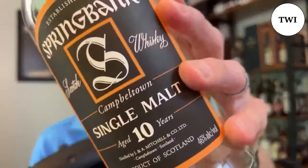First up is the increasingly difficult to find Springbank 10-year-old. So I got this bottle of Springbank 10. Obviously, you'll notice the older label, which was pre-2017. I bought this one in June of 2019 on my way to a wedding in Connecticut for $55, collecting